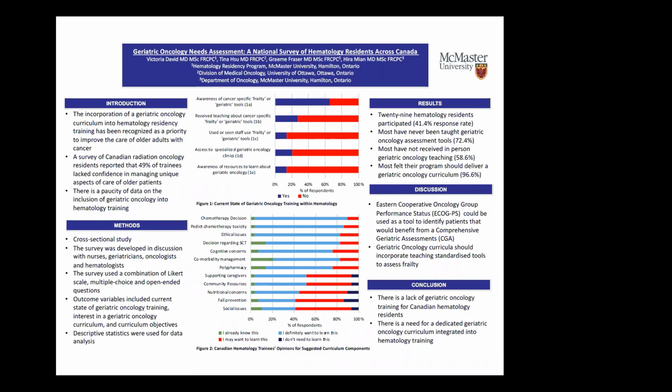Yeah, it is interesting when you look at the breakdown of what trainees were interested in and less interested in. I'd be making assumptions here because I didn't ask residents to justify. I think one of the big challenges that we face in our clinics is, is this person appropriate for treatment? When do we stop treatment? And I think those decisions carry what we feel are significant changes in outcomes for the patient. Do we focus on quality of life, quantity? And I think that's perhaps why there was more focus on those: when do we initiate chemotherapy? How do we predict the toxicity, which would help us inform that? What are the ethical issues around starting, stopping? So perhaps that's why it's more popular, but I agree topics like supporting caregivers,